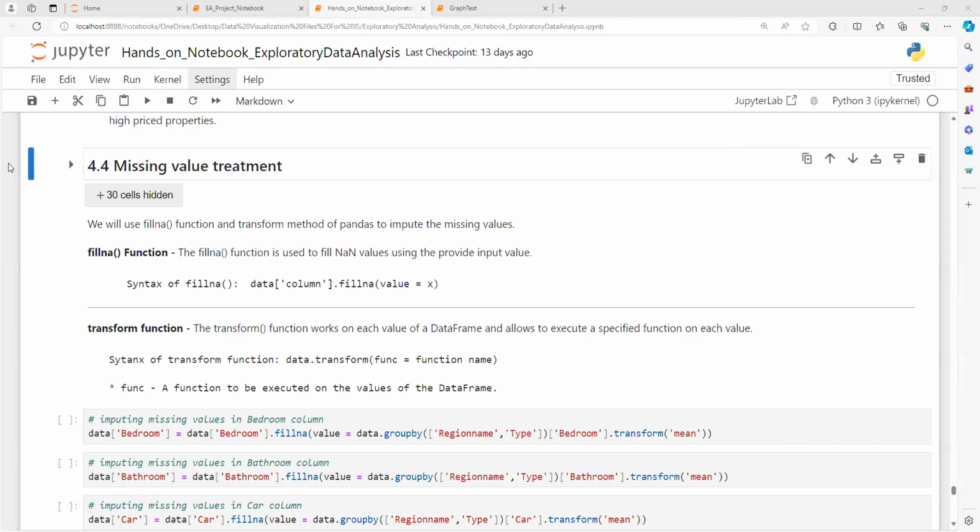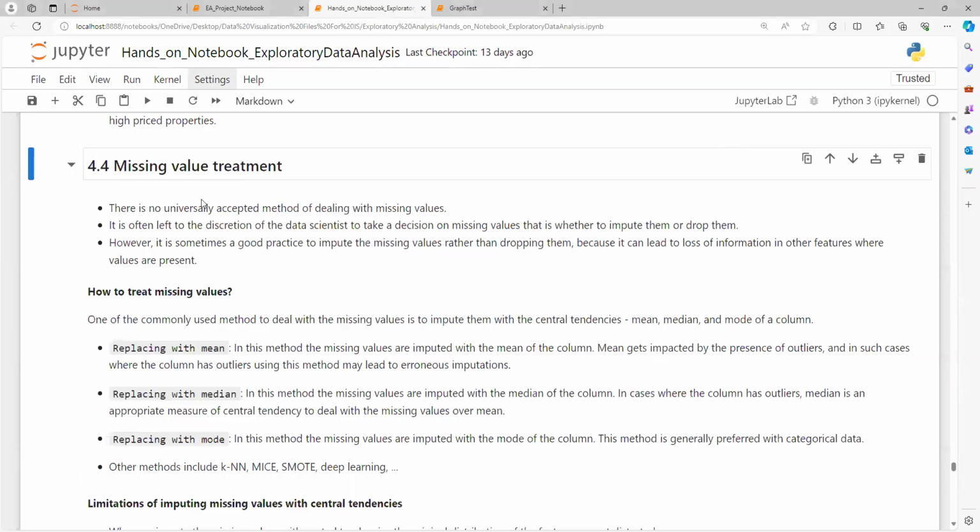Let's continue with our next section. Let's talk about how we treat missing data. Missing data is whenever we have null data and all those other things. And that's a really important thing. But the problem is there is no